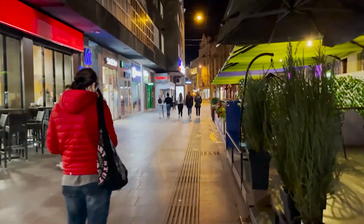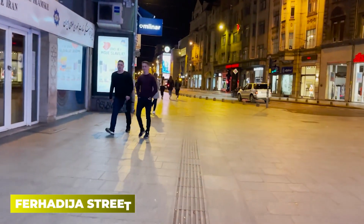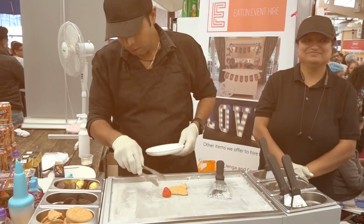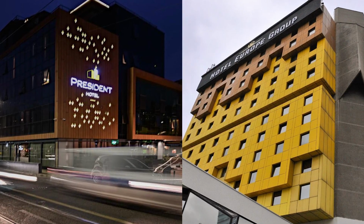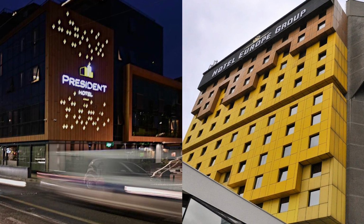For a late-night highlight, join the Corso, Sarajevo's nightly promenade along Ferhadiha Street. It's a social ritual where people of all ages stroll, chat, and unwind. Grab an ice cream, pistachios a standout, from a street vendor and blend into the flow. Hotel President or Colors Inn, both $55 per night, keep you right in the heart of it, perfectly set for